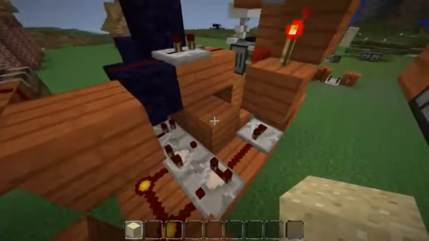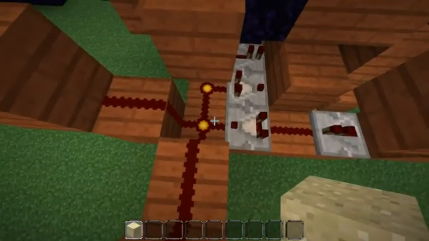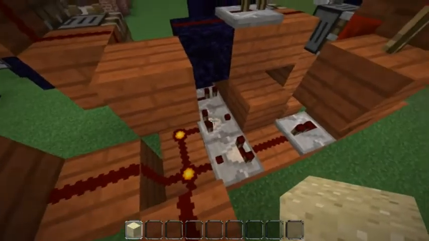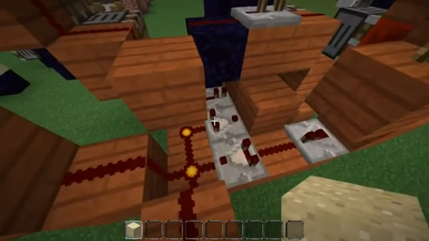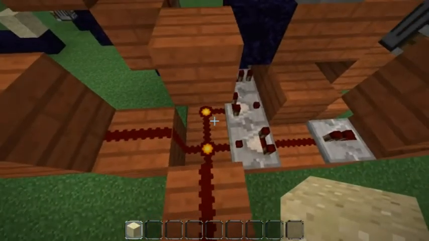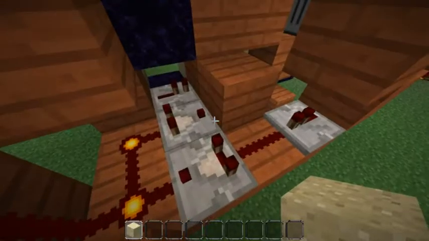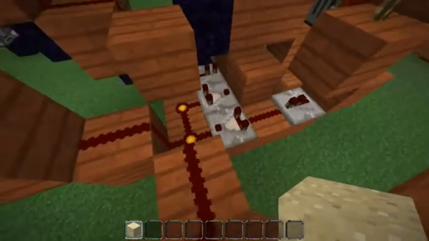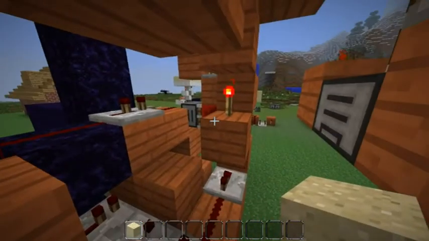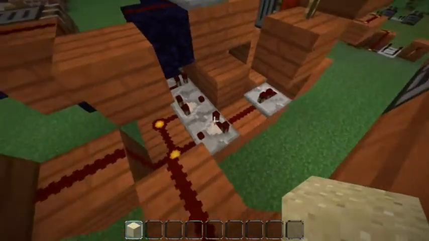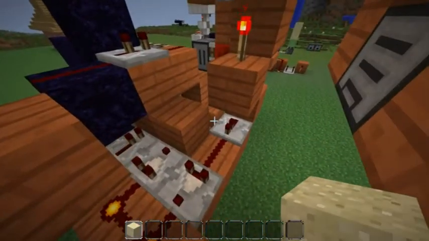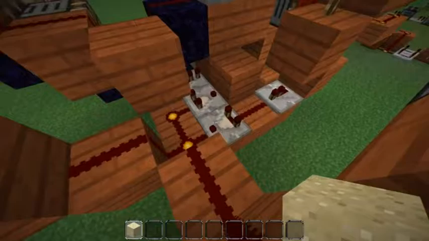It will come around here, power itself, but in the process of going from this redstone to this redstone, it fades one redstone power, and so it will continue to circle around until it fades all the way to 0. But if it gets updated, or if the block update detector powers it again before it fades all the way, it will reset the cycle,